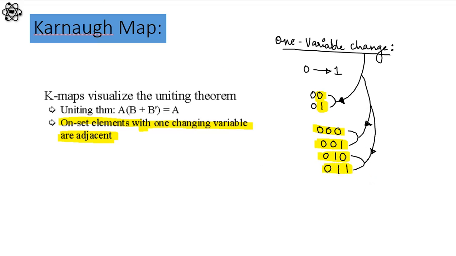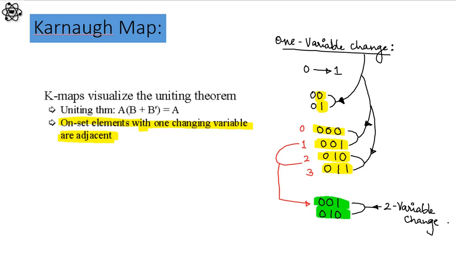But if you observe the decimal equivalent of 1 and 2 and the binary equivalent of those numbers, you can see that there is a 2 variable change. So when we plot the decimal notations onto the Karnaugh map, we need to see to it that they differ only by one variable, whether it is from top to down or from side to side, that is either column wise or row wise.